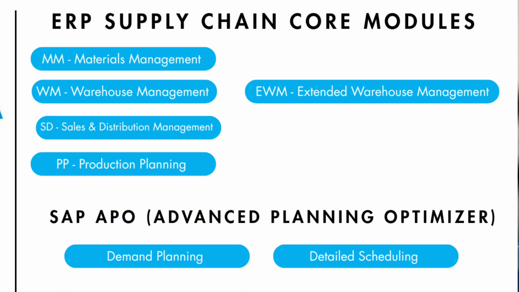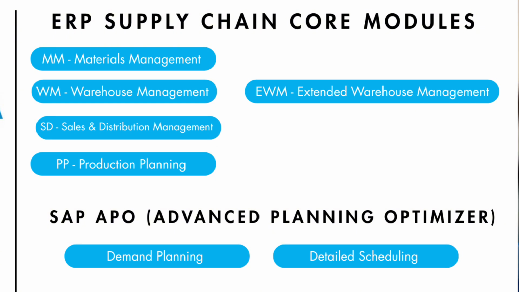There's SD, or sales and distribution module, which is, so sometimes customer service functions, if you have it within the supply chain side, will be working on the SD module. Sometimes you'll find sales teams are actually working on the SD module and supply chain is not involved. But typically that's where the sales orders are put in, the order to cash process is completely run, and shipping is also happening from there.